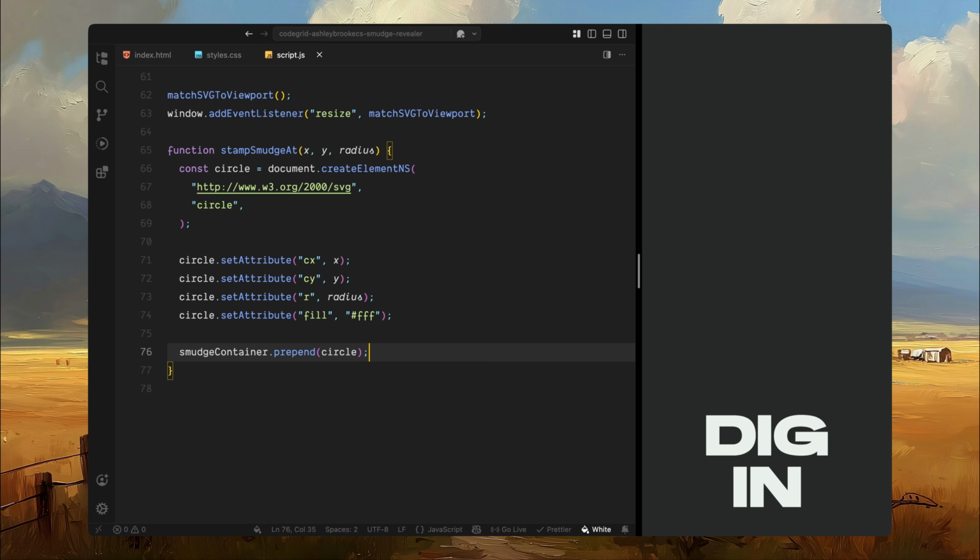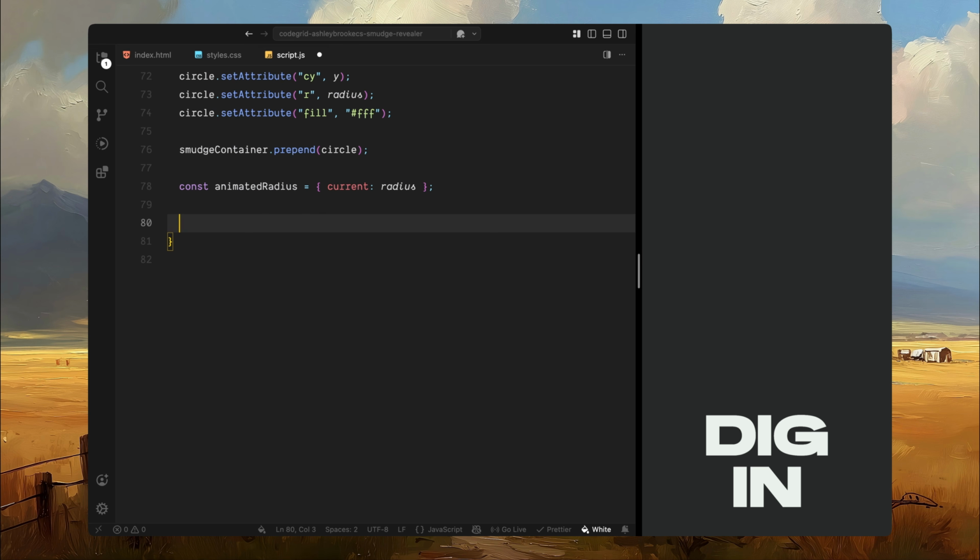Now we want to animate this circle's radius over time, but GSAP can't directly tween an SVG attribute in a way that gives us the control we need here, so instead we create a plain object with a current property set to the initial radius. GSAP will animate this number and we'll manually push it back onto the circle on every frame. To handle that, we set up a GSAP